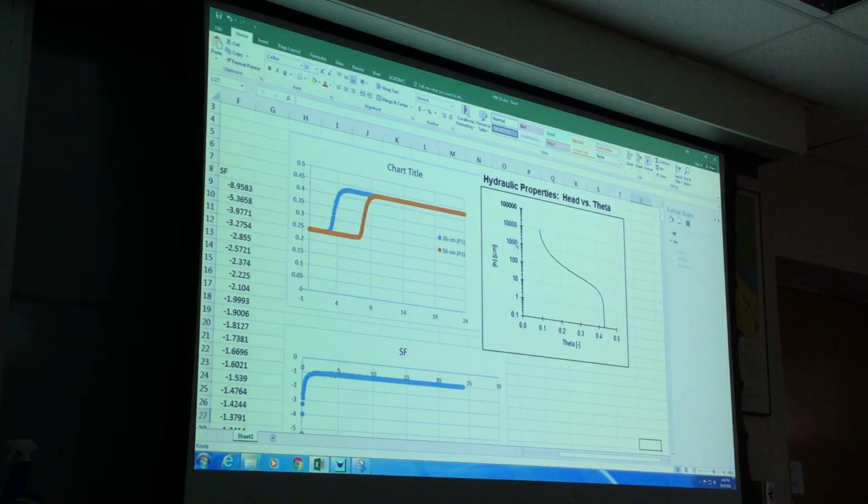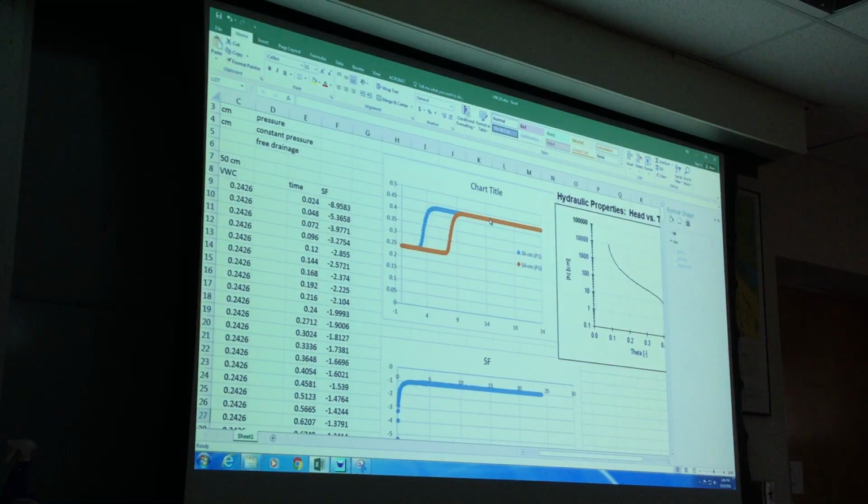And then it saturates the profile until it gets to the saturated water content, which is at 0.4 something. So this is the upper limit. So 0.2426 is equivalent to minus 100 centimeter matrix potential, and then it goes all the way up to